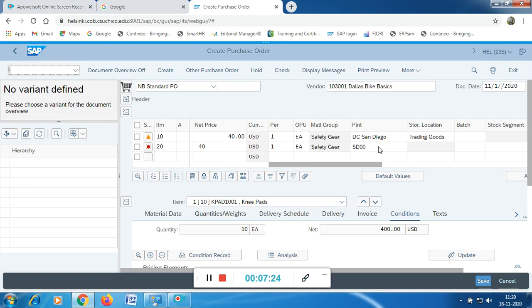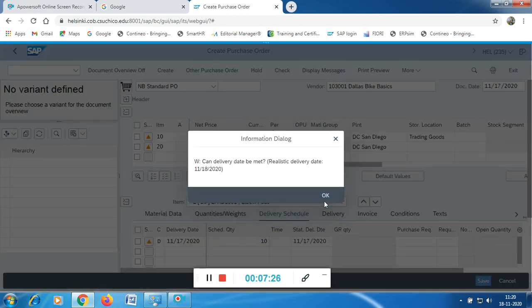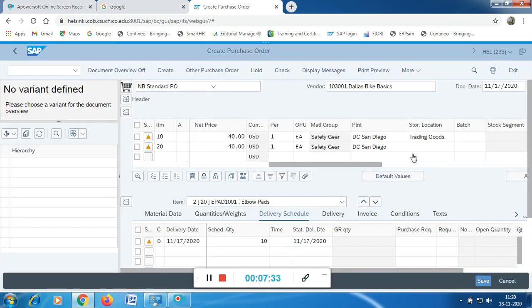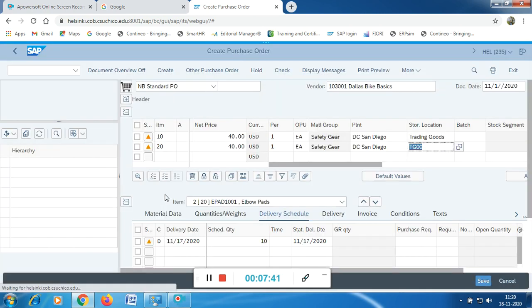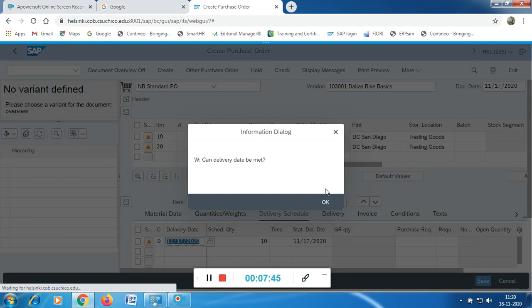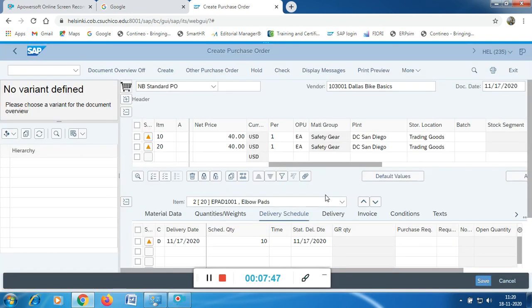Once you give an enter, it will load, and it is asking for a realistic delivery date, that is the 18th, but just give an OK and select the storage location as again San Diego trading goods. These are the two pieces of information which I have given. After giving this trading goods, give an enter. Again it is asking whether the delivery date can be met, just give OK.